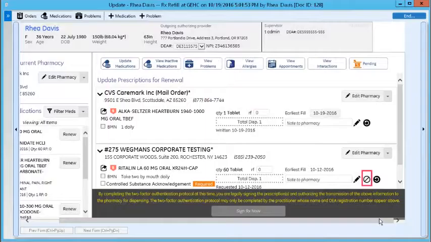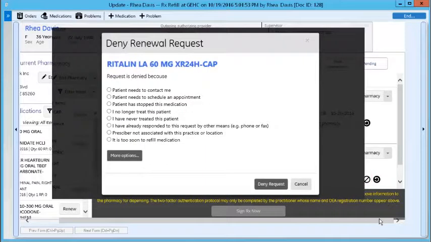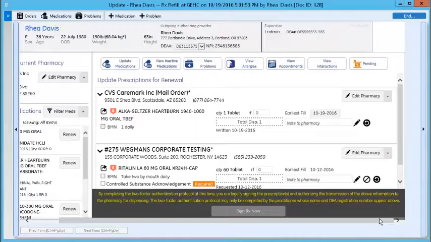What I call the no smoking symbol denies a request from the pharmacy. The user needs to select from the list of reasons why the medication is being denied. The ignore icon will simply remove the medication from the middle of the form so it's not completed during this document signing. If the request is from the pharmacy, the medication will remain in the RX Refill tab on the